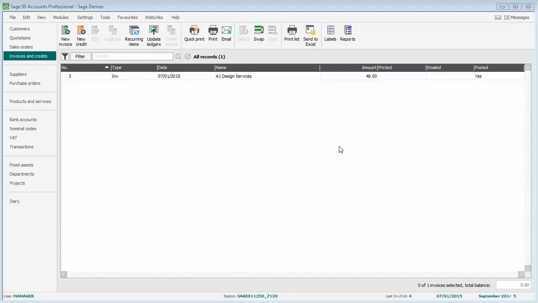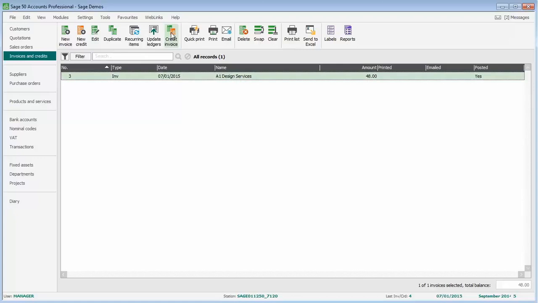We'll take the scenario that A1 Design Services have returned some goods that they've recently purchased and they would like a credit note for the returned items. The goods were originally included on invoice number 3, which is on my list. So if we highlight that one, we can just click credit invoice at the top. Now we could have just manually entered the credit note using new credit, but this option, credit invoice, is